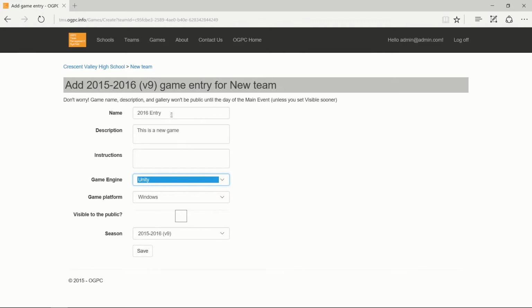And then critically, you'll want to decide right away whether or not this is visible to the public. If it's visible, then anybody will be able to see the name and description and instructions and all of the details of your game. So most teams will probably want to leave this set to be private until closer to the end of the season. At that point, it will automatically be set to public on the day of judging, but you can choose to set it public anytime sooner. I'm going to click Save,